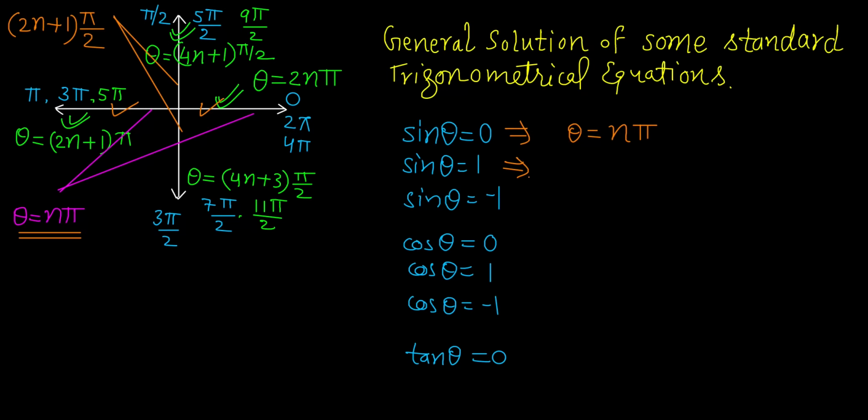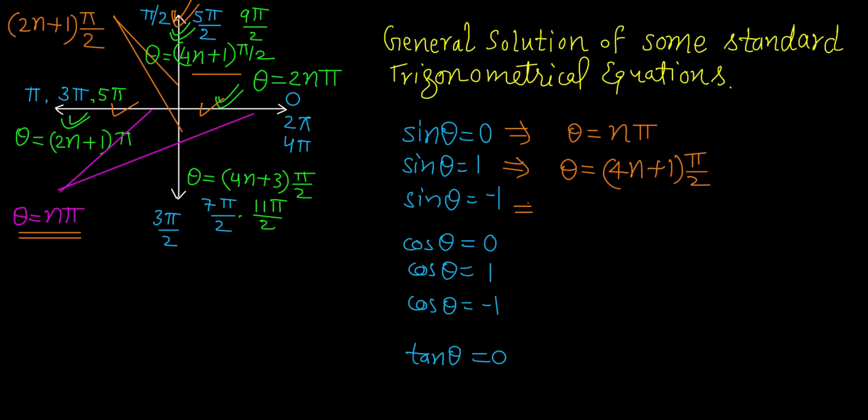Similarly, if I want to write the solution of sin theta equal to 1, so where does sin theta equal to 1 lie? It is only at the upper line here. So here sin theta is equal to 1, nowhere else, right? So separately, this line solution was 4n plus 1 pi by 2, if you remember I told. So theta is equal to 4n plus 1 pi by 2, that is the general solution of sin theta equal to 1.